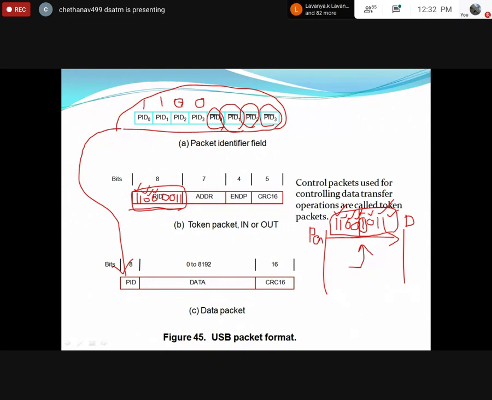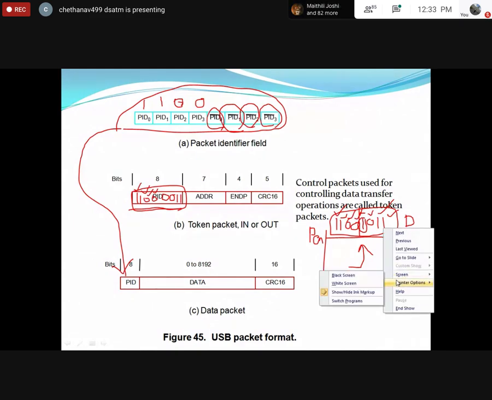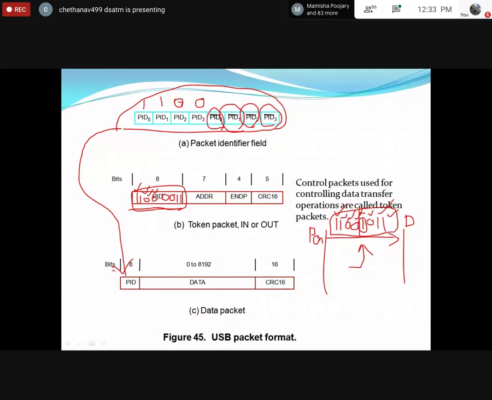Like that, you find the error checking with respect to PID. I'm going to use this particular concept, that the PID will be negated. So this is our PID concept. My PID will be available in both data and token, so I'm going to add PID along with my data packet and also with my token packet.